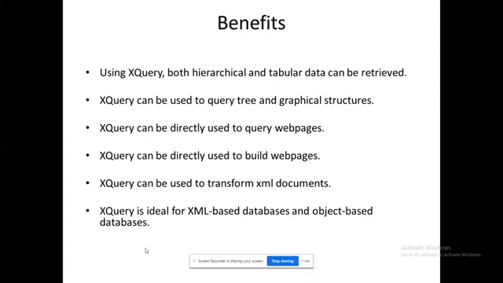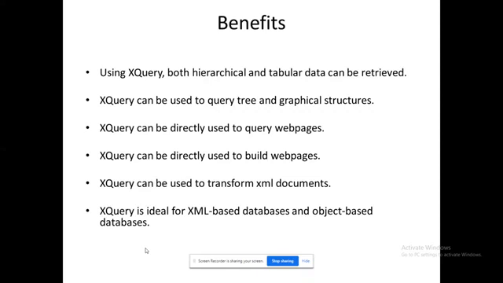What are all the benefits? Still, people have not known about the actual orientation of this XQuery, because XQuery has a vital notion on big data. Okay, in any type of format, it could be structured, semi-structured, or unstructured.